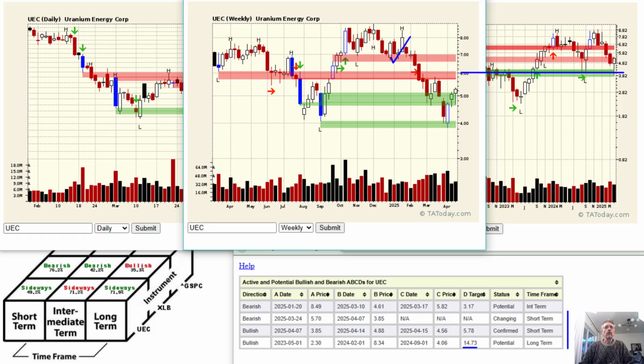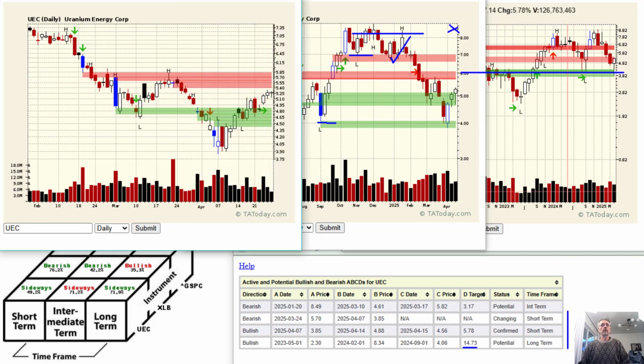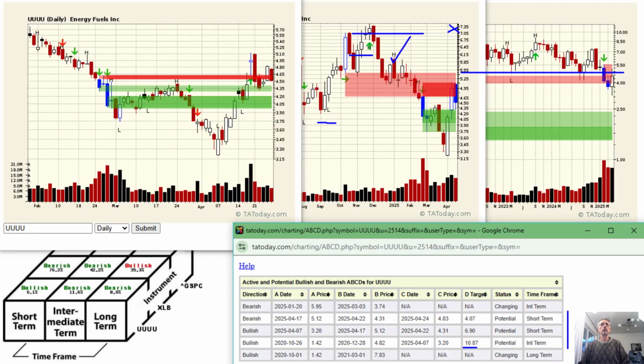What is it doing on the weekly? Well, it never quite got under that swing point low, and so it never reset. 1, 2, 3. It never reset. So the only swing point low that's out there is this one way up here, right? So it'd have to go all the way back to the top basically to break out of the retest regen. Strong stock, right? Looks great. I like it. If I go to the other one, which is more risky, UUUU, which is Energy Fuels,